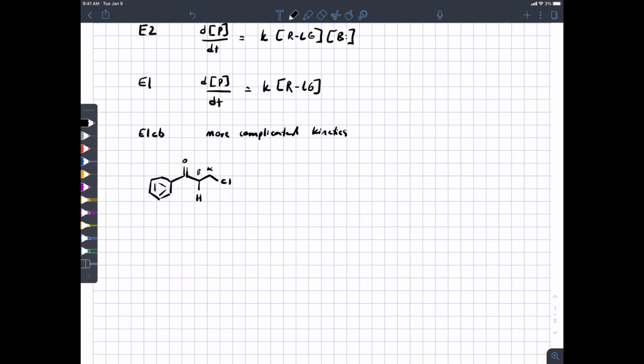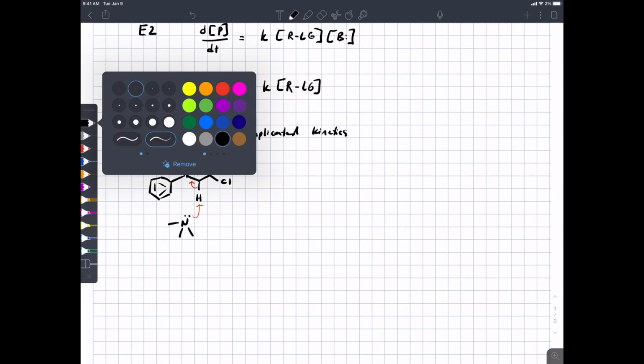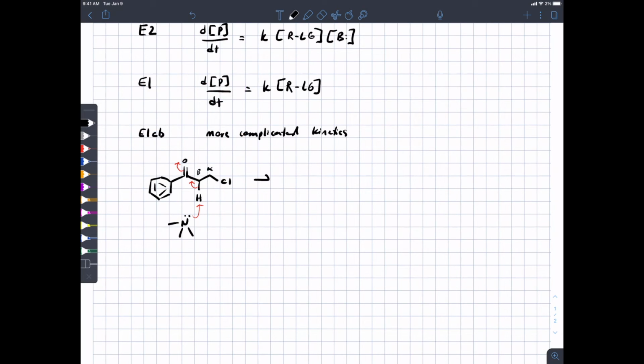In such cases, it's possible for a base, for this specific example a tertiary amine, to remove the proton from the carbon that is beta to the leaving group to give you an enolate intermediate, and this gives